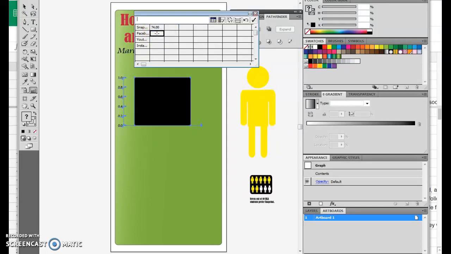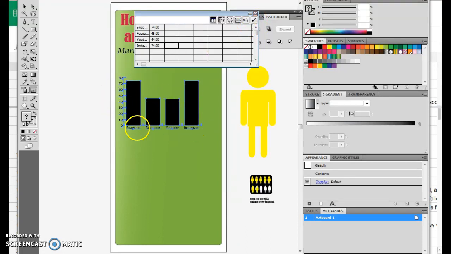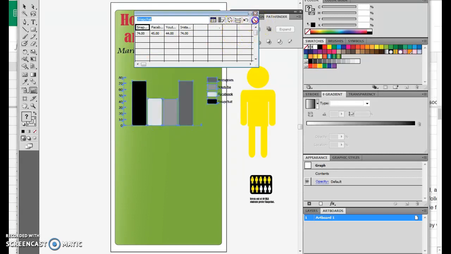So 74 people said they use Snapchat, 45 said they use Facebook, 44 said YouTube, and another 74 for Instagram. Then I'm going to click this check mark, and that's going to make my first version. If you want to, you can work with this version, but I also want you to transpose it so you can see what that looks like, and then give that a check mark, and that gives you a legend